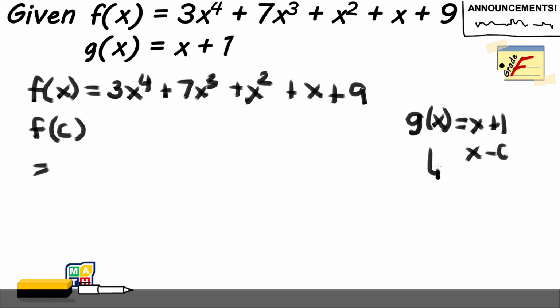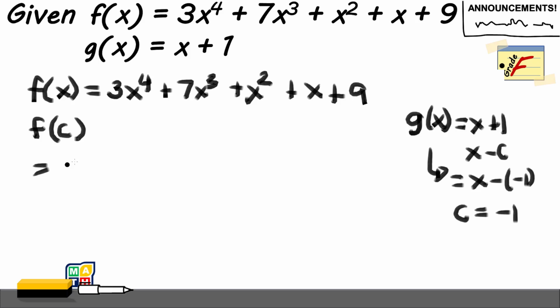Our divisor, g of x, can be rewritten as this, x minus negative 1. Because you have negative and negative, by double negative property, you will return to x plus 1. And we just restructured it in this manner so that we could determine the value of c. Now that it has subtraction here, we can determine that the value of c is this constant here, negative 1. So it's not positive 1, but it's negative 1 because the structure should be x minus c. Take note of that because that simple mistake will give us incorrect results.